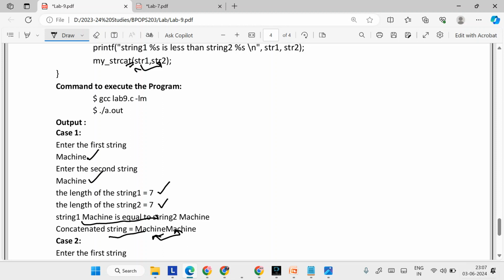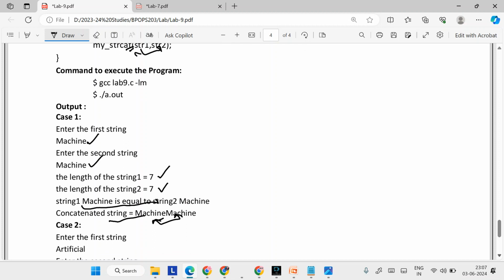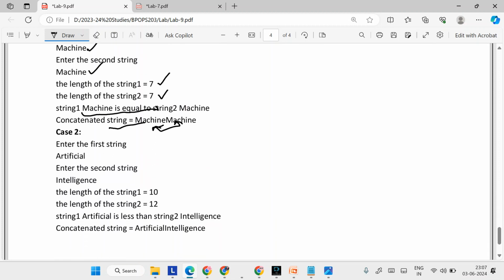Okay, and let us take the second one here. First string is artificial, second string is intelligence. So for the first string, the number of characters is 10. Second one, it is 12. And because this one has fewer characters than string 2, it will say so. And then the final result is the concatenated string. This is how you will do the program on strings using the concept of